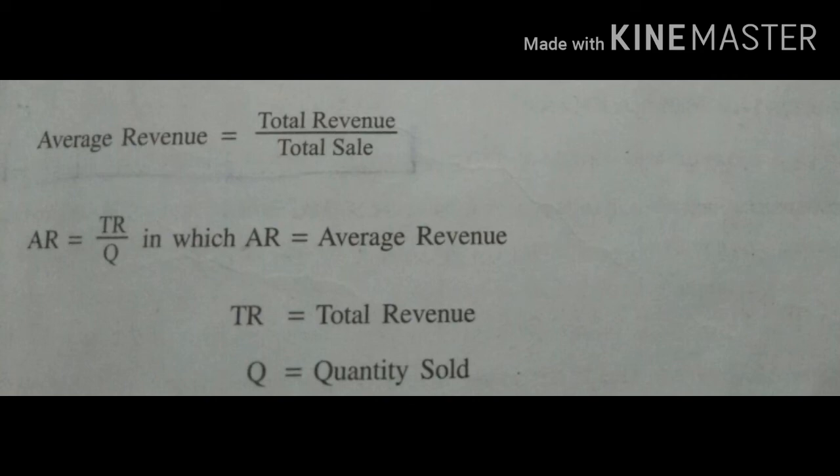If price and average revenue are equal, then for the producer the demand curve is also the average revenue curve. Demand curve shows at different prices how many commodities the consumer is ready to purchase. On the other hand, average revenue curve shows the average revenue of a producer with the sale of commodity. In short, we remember that average revenue from the angle of the producer is also price from the consumer's angle.